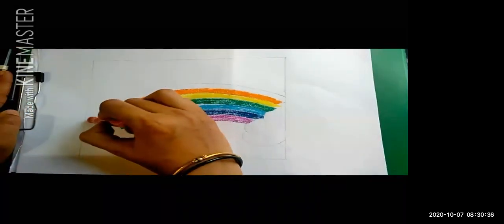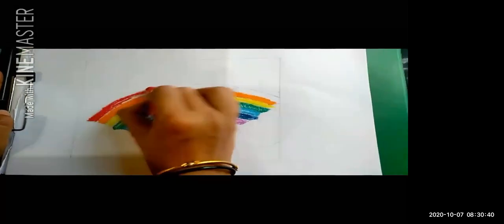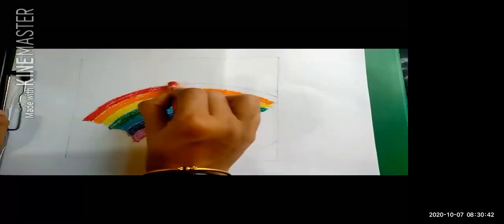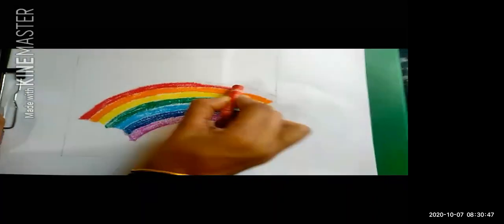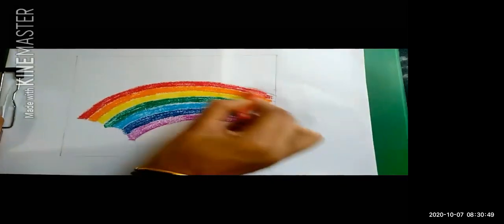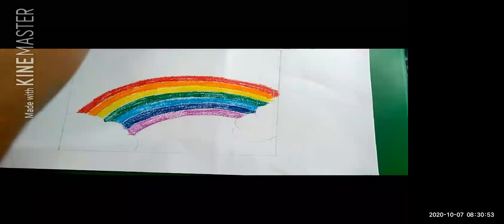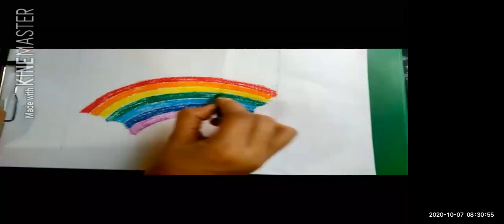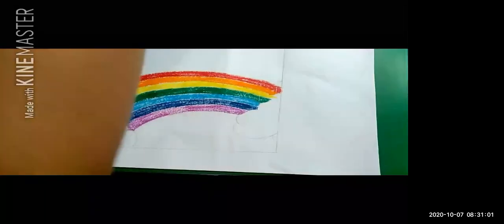Yes, and my last color is red color. So here I'm putting red color. Okay, children? So see the colors carefully. Now, if I have to give colors to the clouds, I don't have gray color.